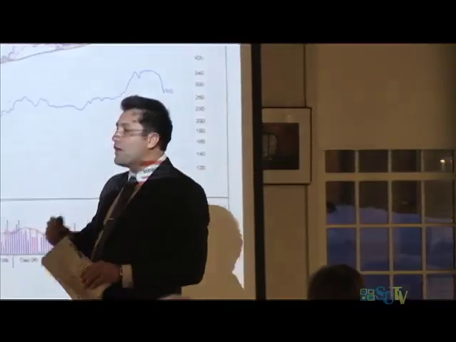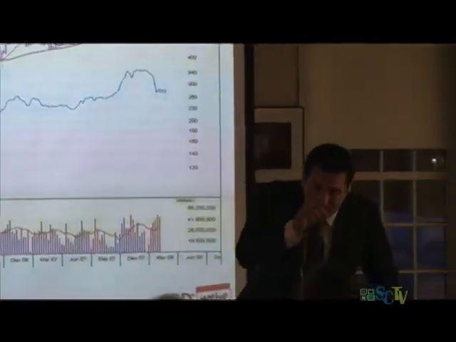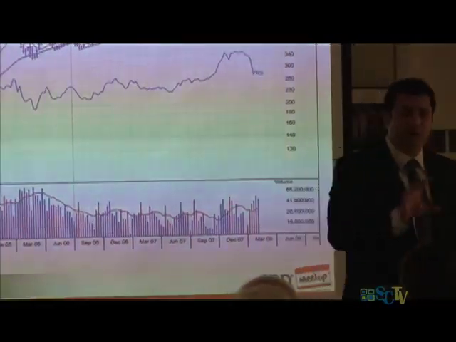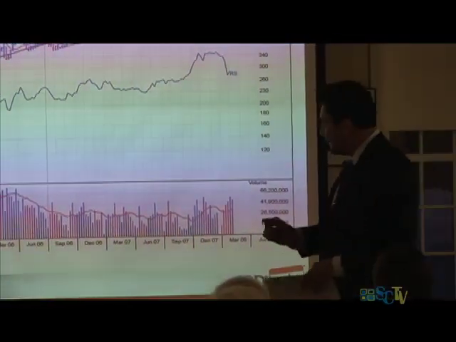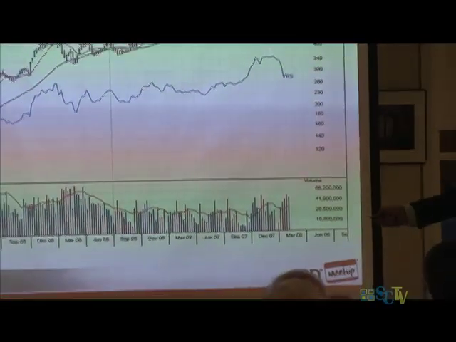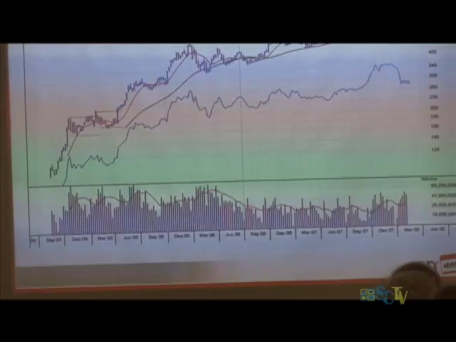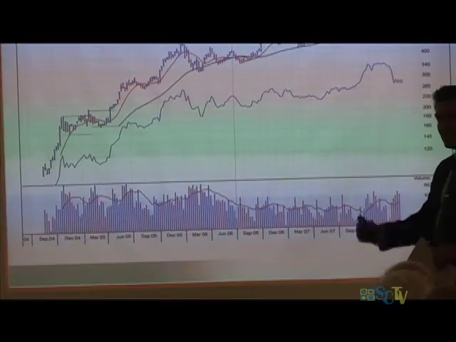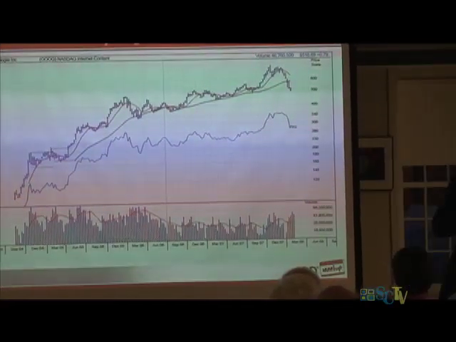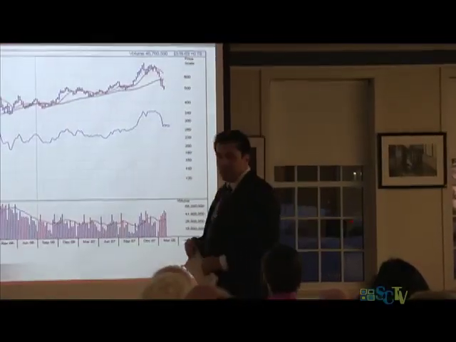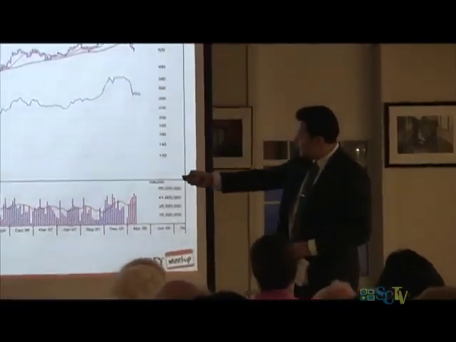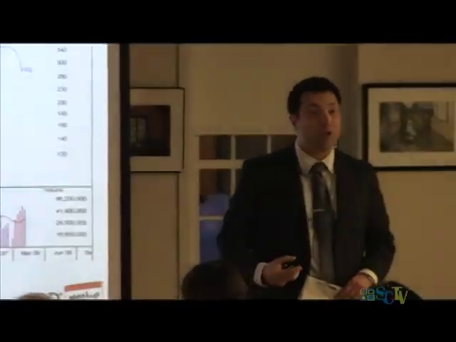Don't get so caught up in trying to identify whether that's a cup with handle or a saucer with handle, because what all these chart patterns have in common is they form areas of support and resistance. Support and resistance, that's what it comes down to. Too many people get caught up in trying to see if that's a cup with handle. Just identify the support and resistance and you'll be ahead of most people. The support resistance area is actually very constructive for a stock.